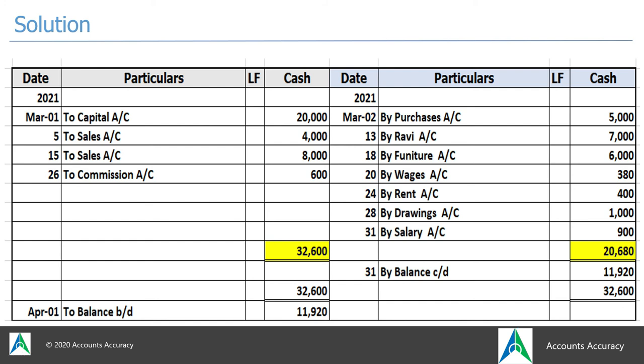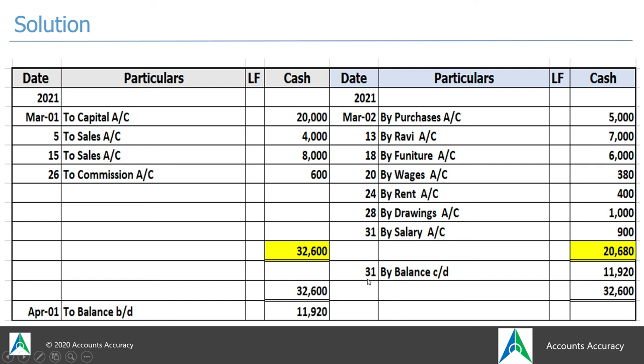When you deduct 20,680 from 32,600, you will get 11,920, and this is the balance which you will get. And as we are getting 11,920, it's the balance which will be written on the last date